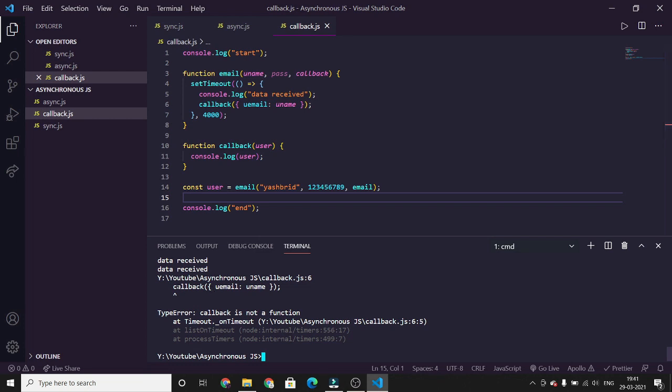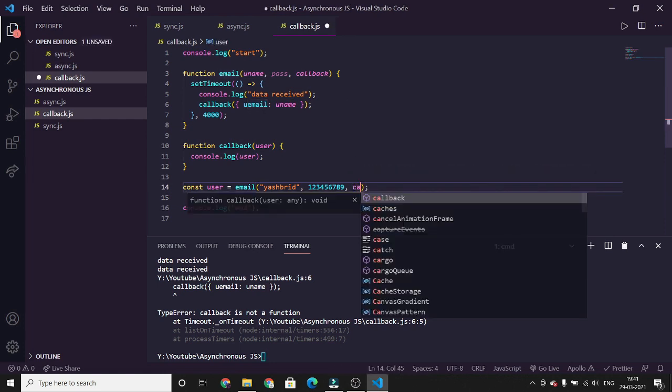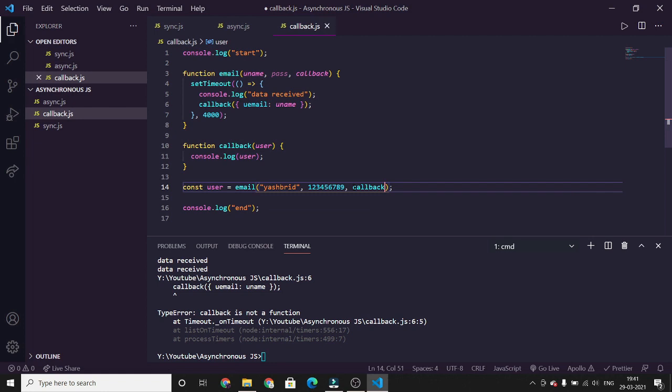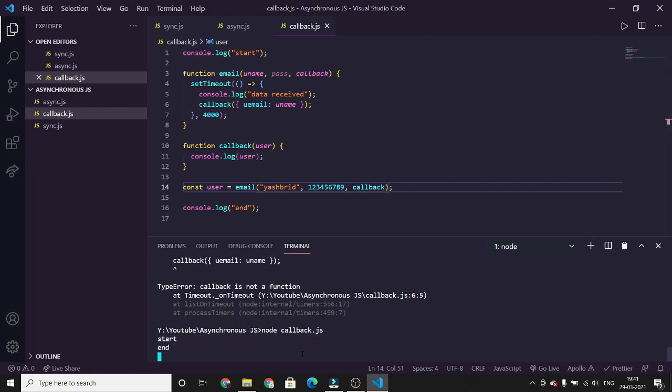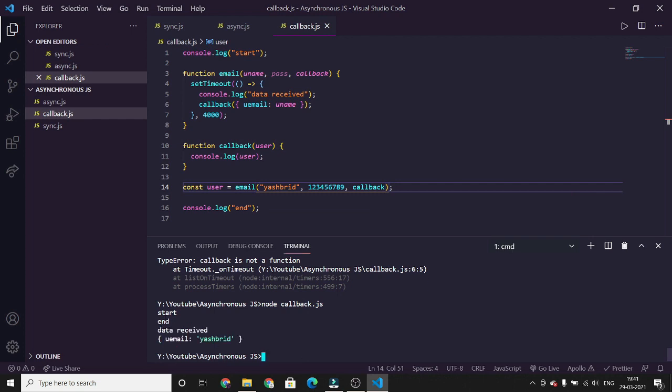The program says callback email. Oh, we have passed the email, that's why. It should be callback. Let's run it again. As you see, we have received the object.